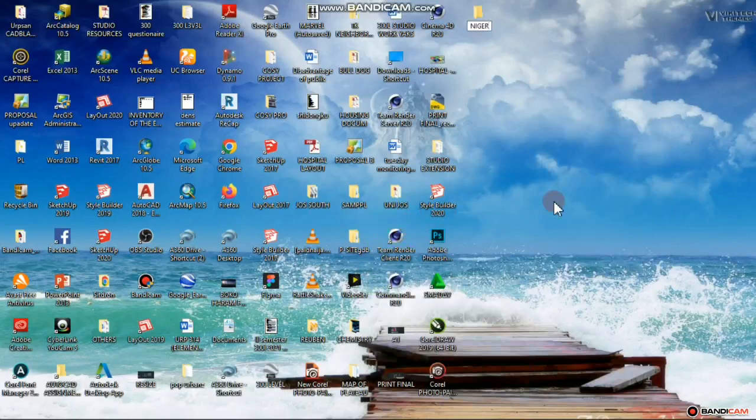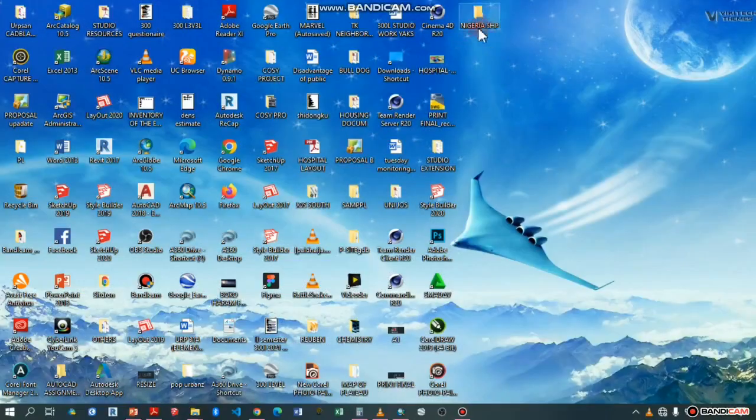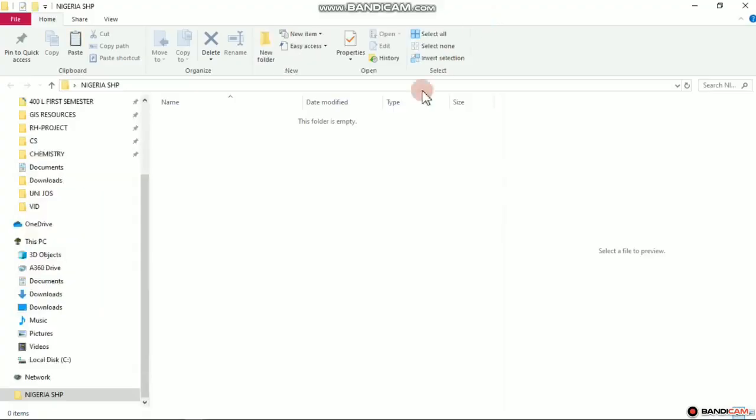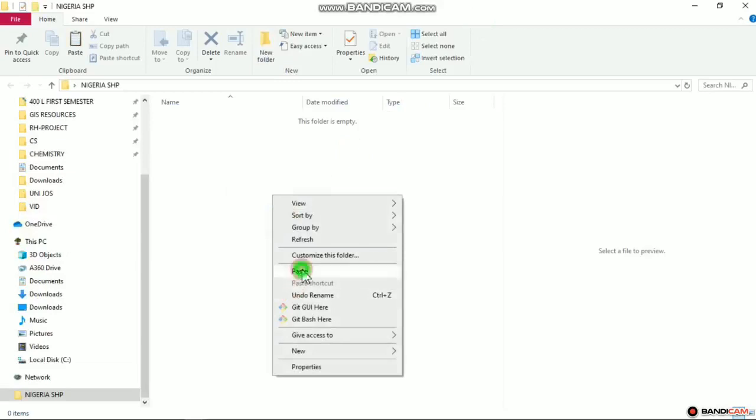Nigeria SHP, short form of shapefile, and enter. So you can see the file. You can see here at the center of my screen by the top, this is Nigeria SHP. That's a shapefile. So what I will do next is I'll open it up and then I right click and paste that